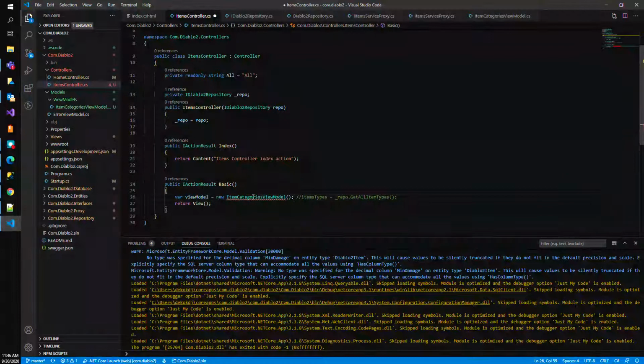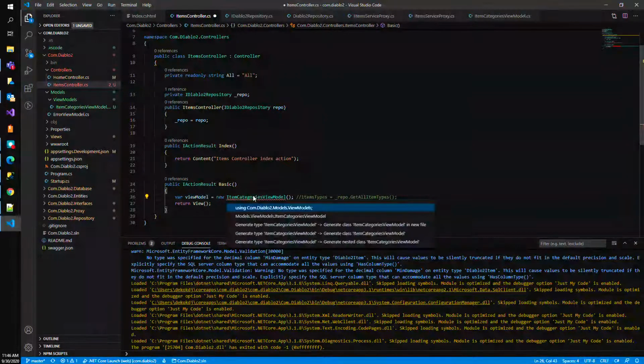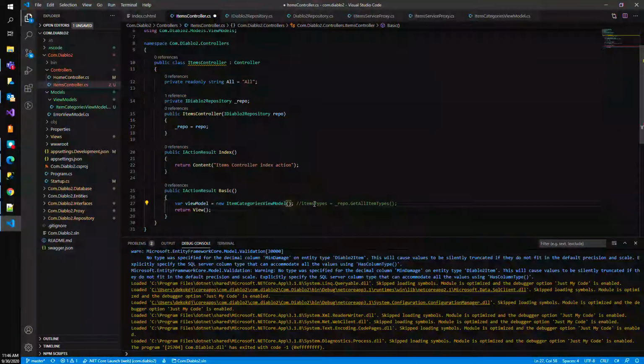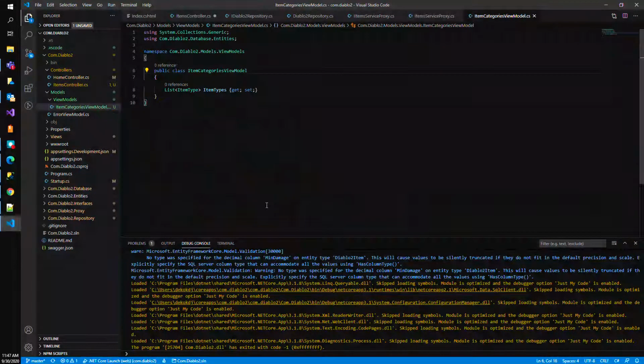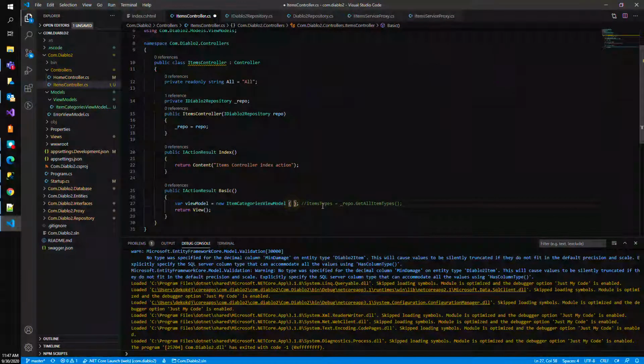And I might need to import the view model namespace using models.viewModels. And then I'm going to use the object initializer and say the item types equals